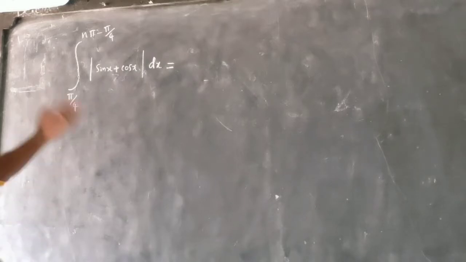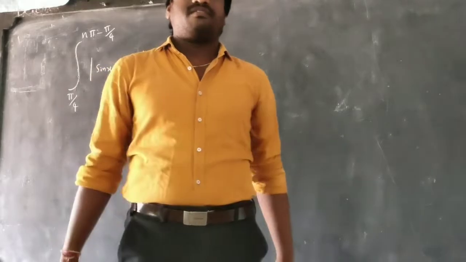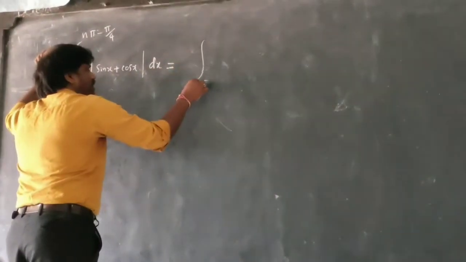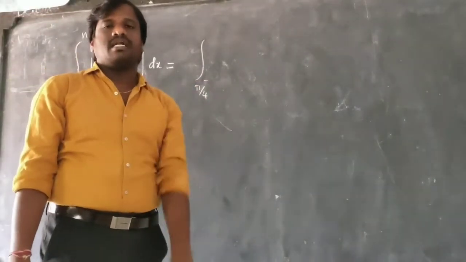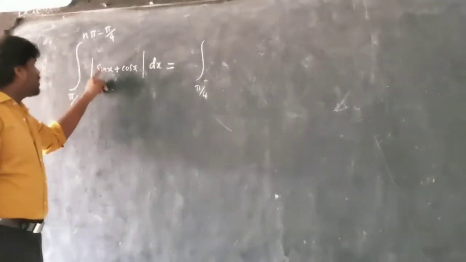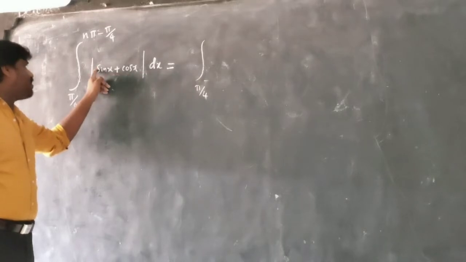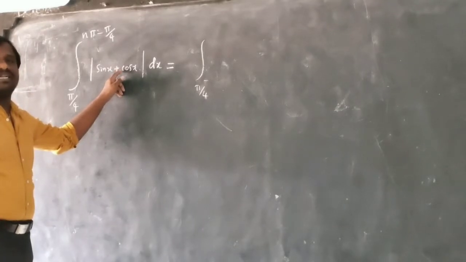See here, you have a mod, and inside it a bracket of two trigonometric functions. How to deal with this question? I do it like this. Suppose this is of the form a sin x plus b cos x. Here a is 1 and b is 1, so under root of a square plus b square is under root of 1 square plus 1 square, which is root 2. So root 2 should be multiplied and divided in this case.